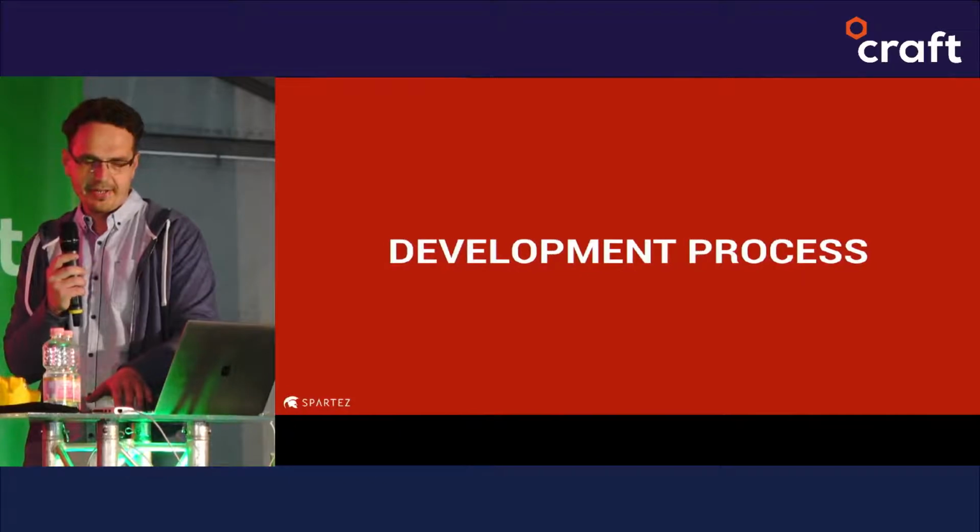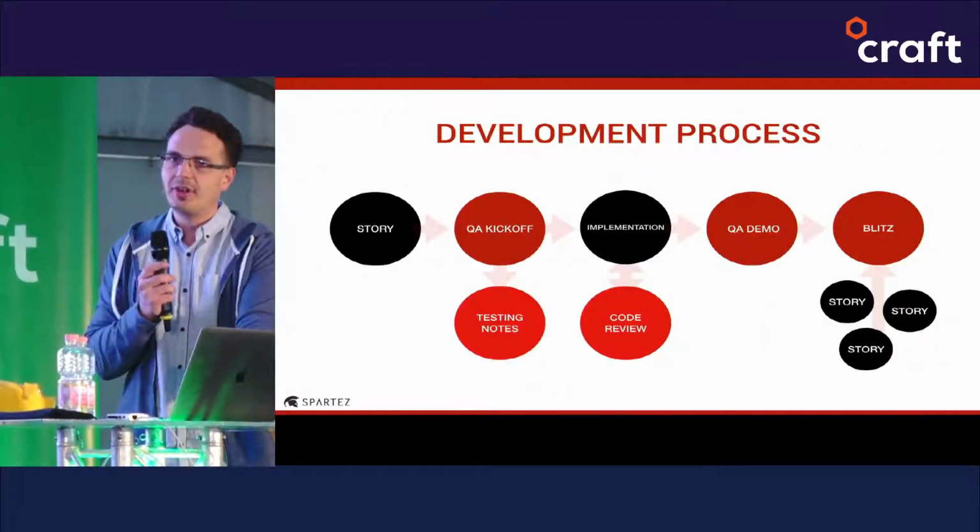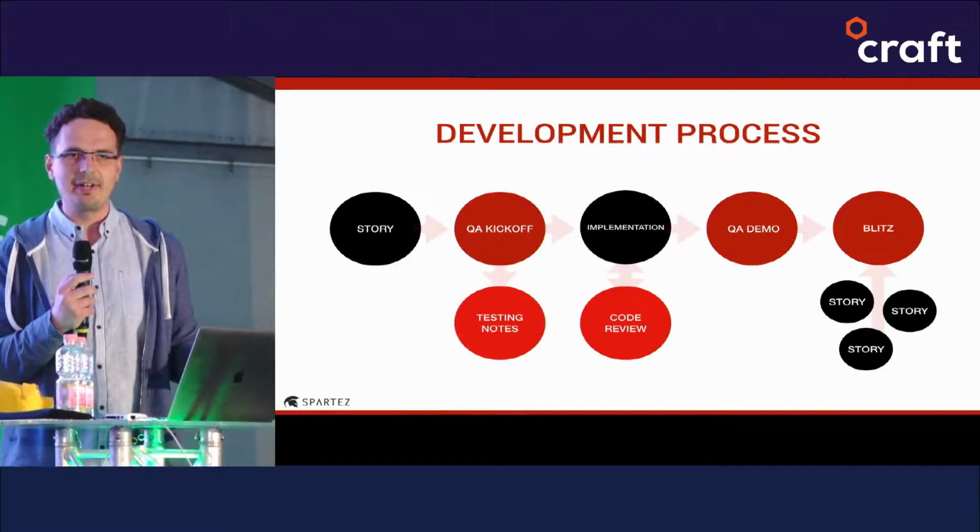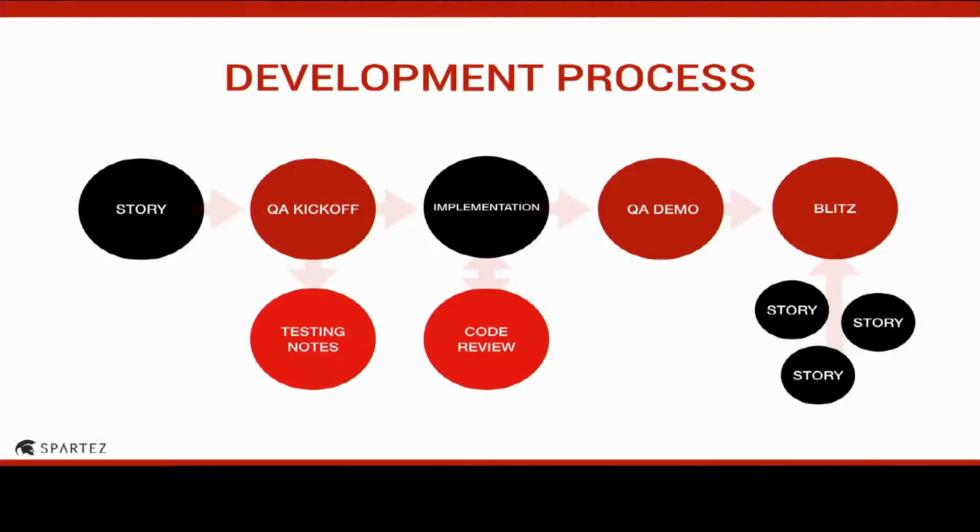Cool. So how does the development process look in our company? The first thing that you need to know is that we don't have testers in our company. We don't have quality assurance engineers, or however you call them. We just have engineers, and those engineers are basically contributors to our product source code. This is a very simplistic representation of our development process. Once we know what we want to deliver, once we have that thing